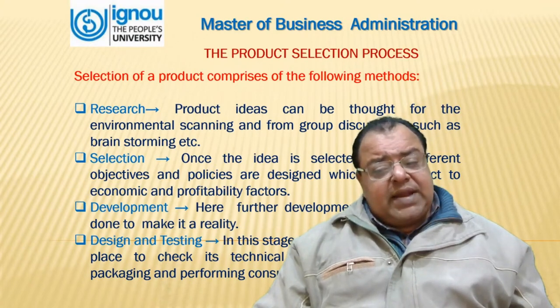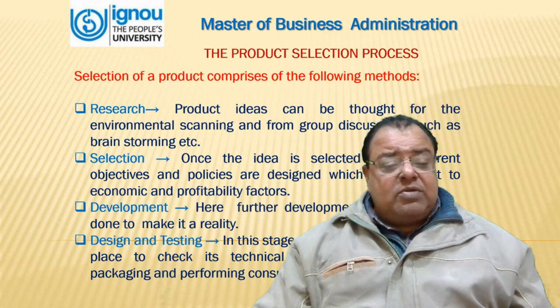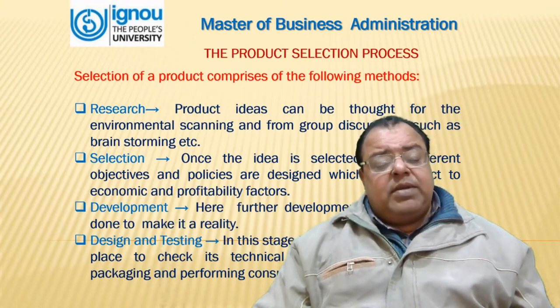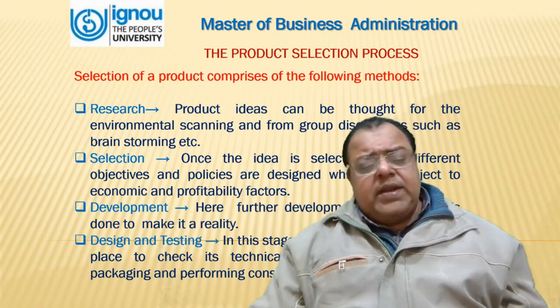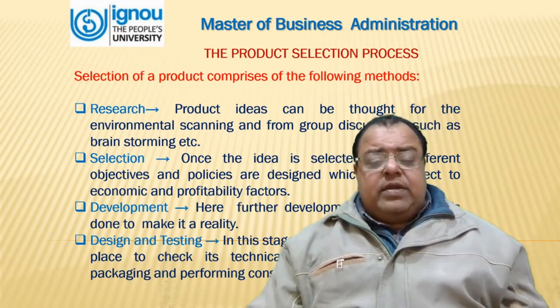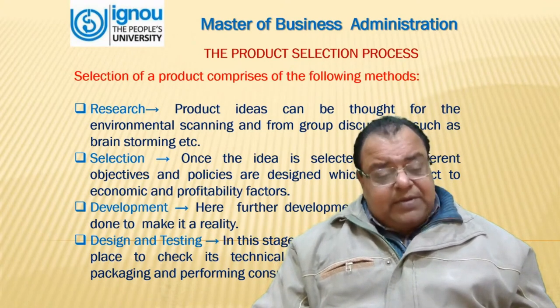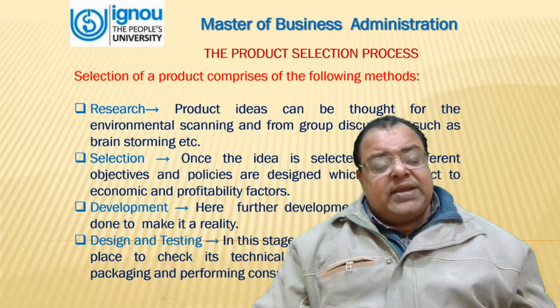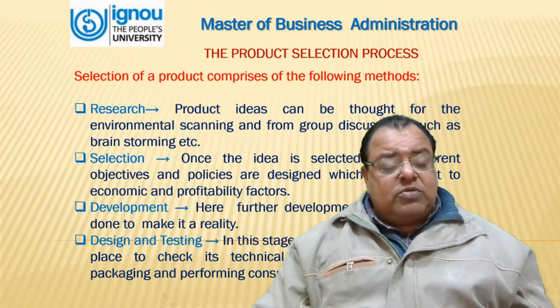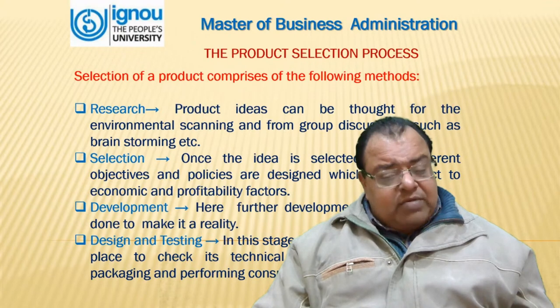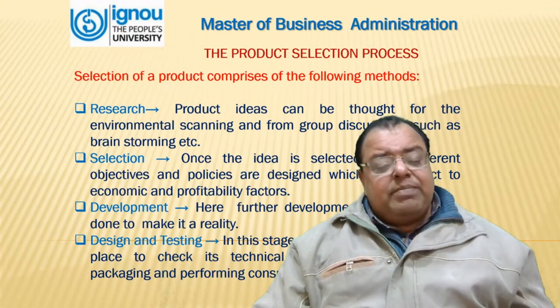Once the idea is selected, then different objectives and policies are designed, which are subject to economic and profitability factors. Third one is development. Here, further development of the ideas is done to make it a reality. Fourth one is design and testing. In this stage, testing of the product takes place to check its technical soundness, brand name, packaging, and performing consumer